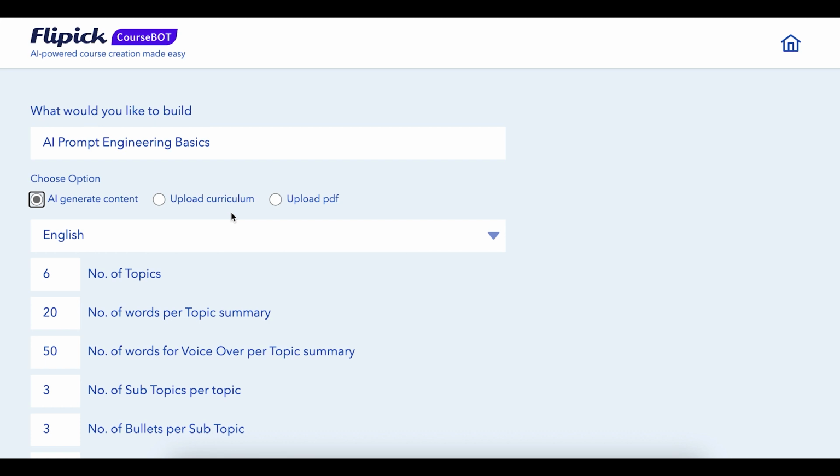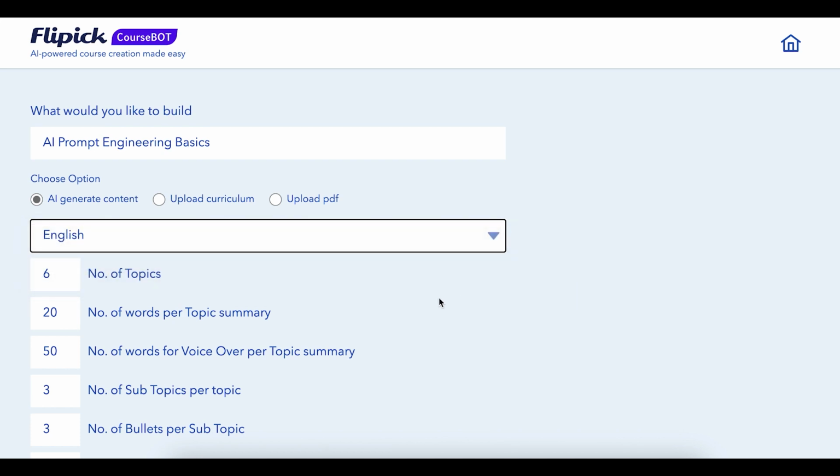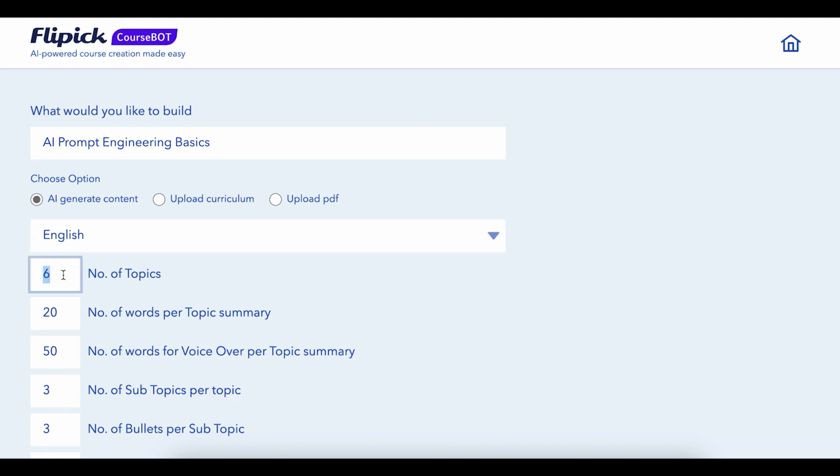If you intend CourseBuilder to create a course according to your own set of topics and subtopics, then you need to upload your own curriculum in an Excel format. We also have the ability to change the language, so we can select English or any other language that has been pre-configured in the system. Though you can have as many topics and subtopics, to make it a little faster,